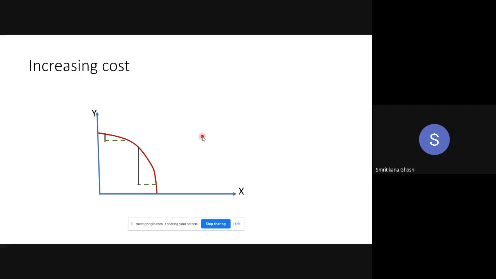For example, this is just an assumption. You are going to purchase a car. So when you are going to the car market, what is the first thing you will check? You will check the price because you have a budget. So given that budget, you are trying to find out the car. Say your budget is 8 lakh. So you are trying to find out the car within the price of 8 lakh.